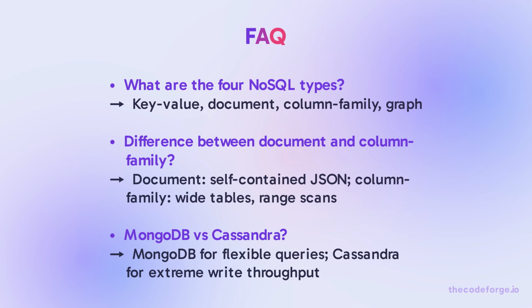And a few frequently asked questions. What are the 4 NoSQL types? Key-value, document, column family, graph. Difference between document and column family? Document: self-contained JSON. Column family: wide tables, range scans. MongoDB versus Cassandra: MongoDB for flexible queries, Cassandra for extreme write